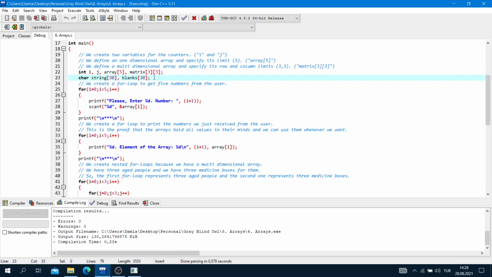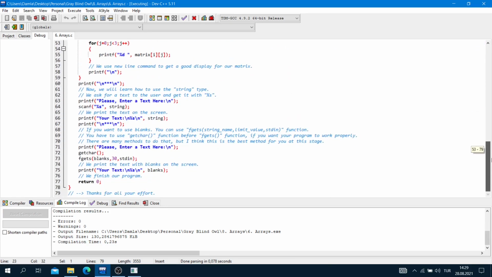This is the way that we define a string. We use the char type, a name for the array, and a limit value. This is a string. Again, blanks, a limit value. This is a string, and a semicolon.